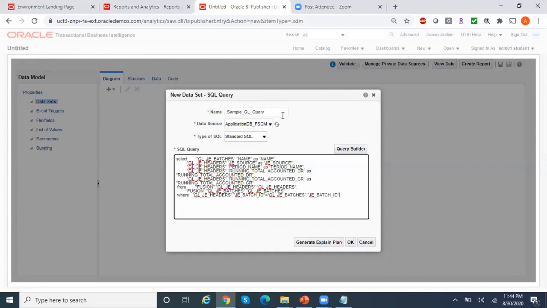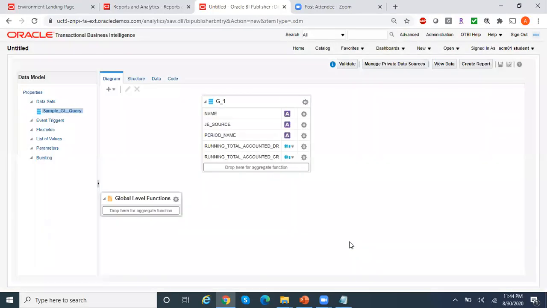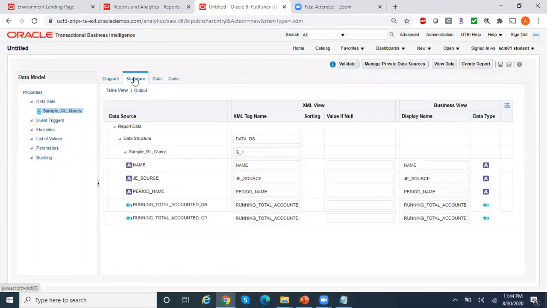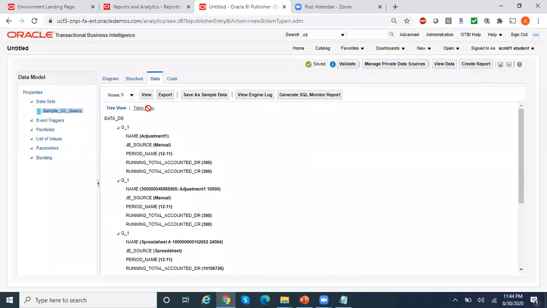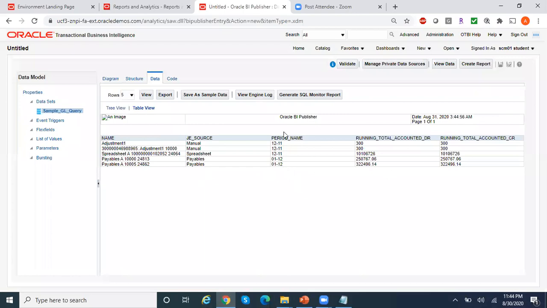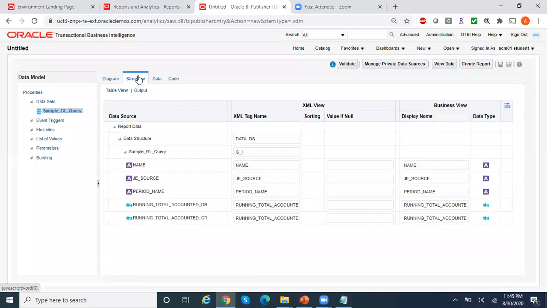Okay, this is my name of the data set. So click on OK. And again, if you see here, this is the structure. If you go to the data, click on view, you'll be able to see a sample output, and it is mandatory that you click on this save as sample data. Okay, and then again you can go to the structure,